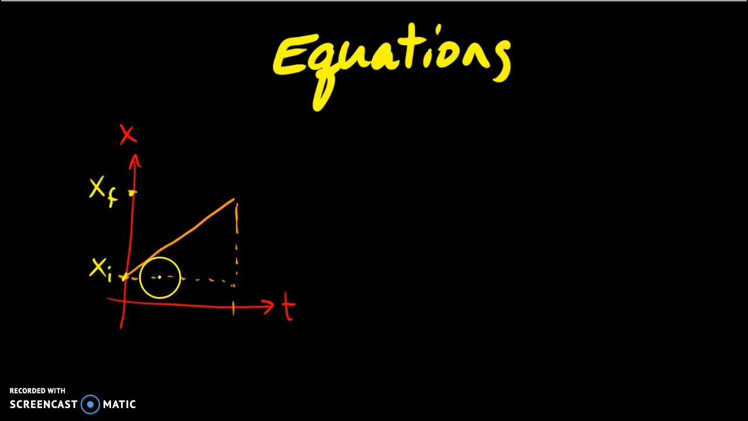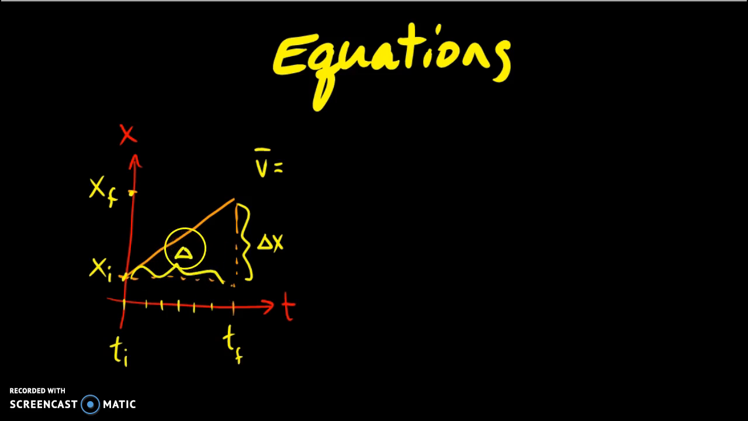And then when we look at the motion as time increases, there is some final time. Of course, the 0 would be the initial time. And we know that the slope is the average velocity, and that equals the rise, which is some change in position, over the run, which is some change in time. So average velocity can be written as change in position over change in time. And that's an important quantity,